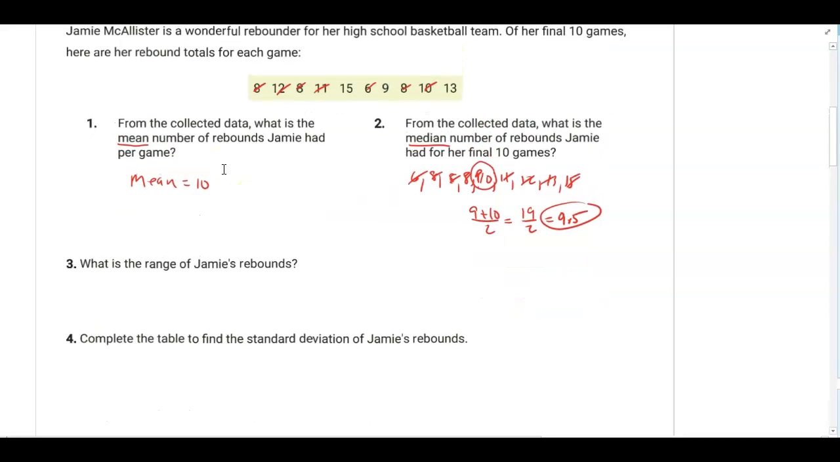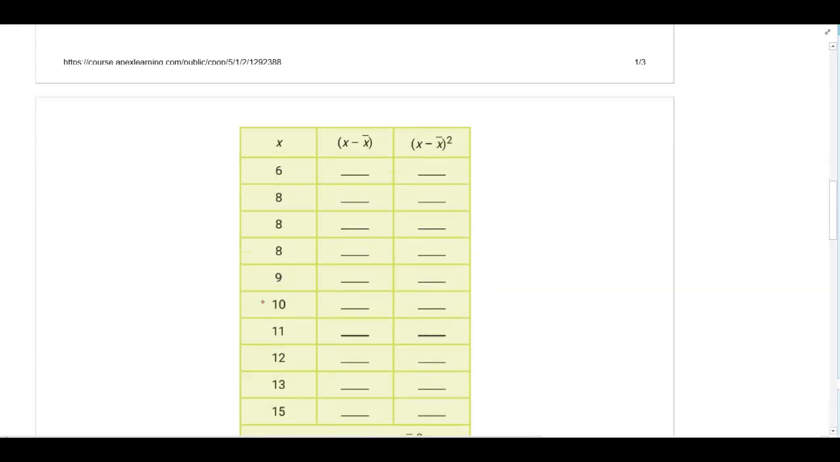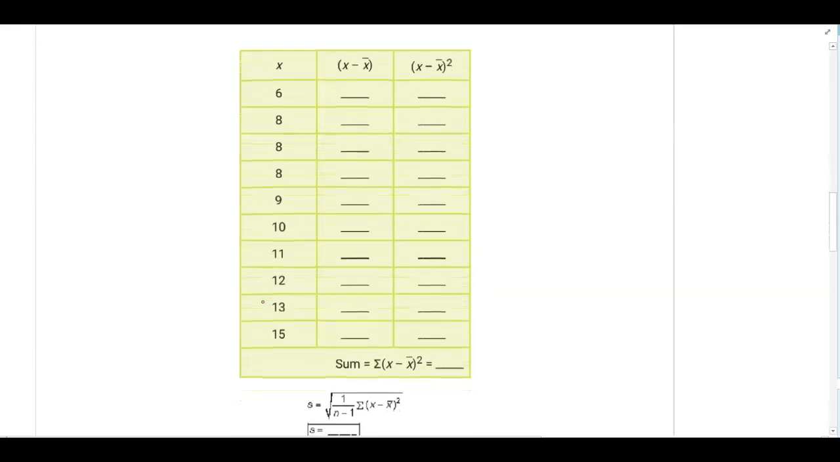Now, the range of Jamie's rebounds. If I look here, what's the largest value? 15 minus the lowest value, 6, would give you a range of 9. And if we had to go and find the standard deviation again,